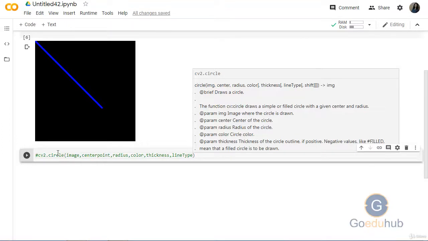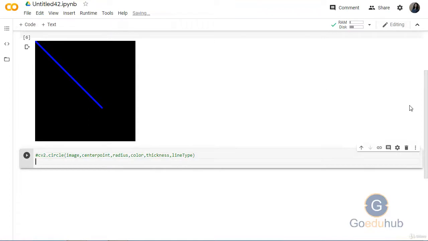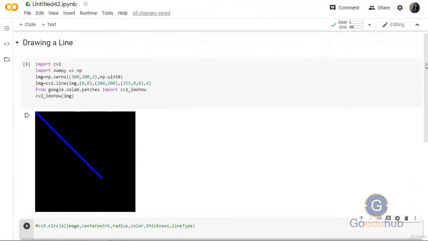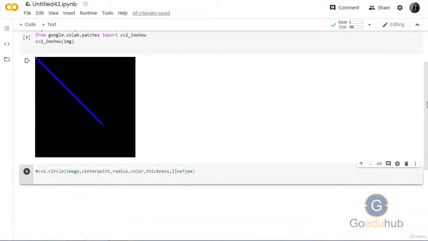Okay, so we will draw a circle here. So you know what the IMG is? IMG is the image containing a line. Okay, same image I'm using for this. I'm not going to create a new image. I'm just going to write a simple code like IMG is equal to